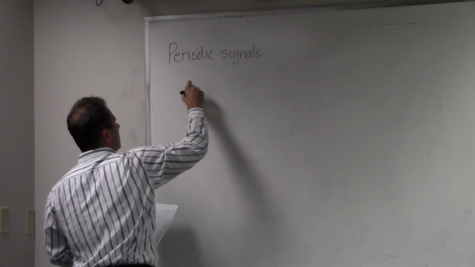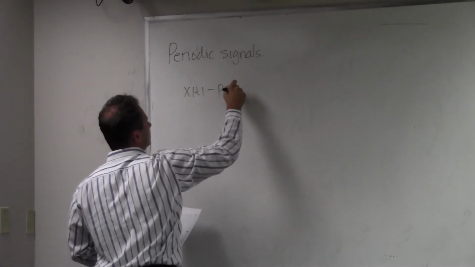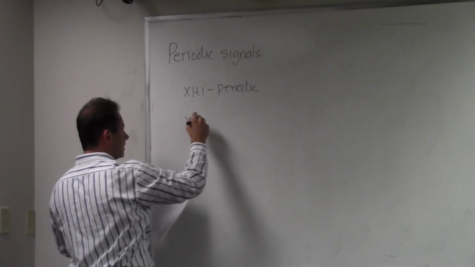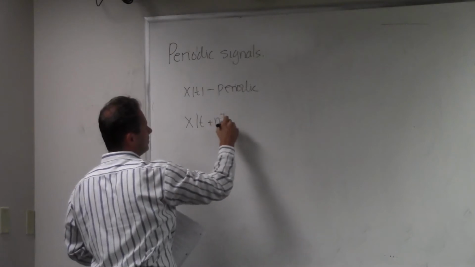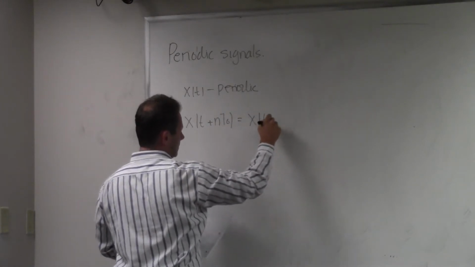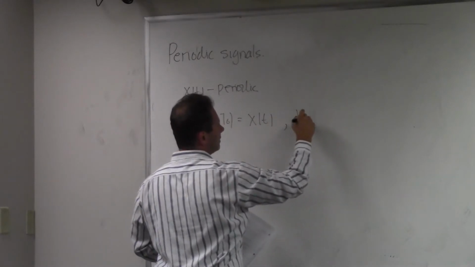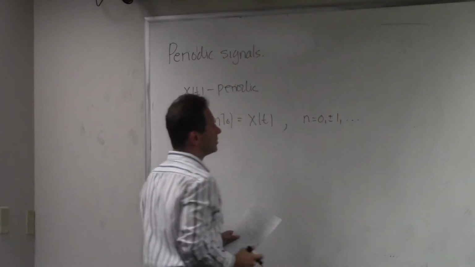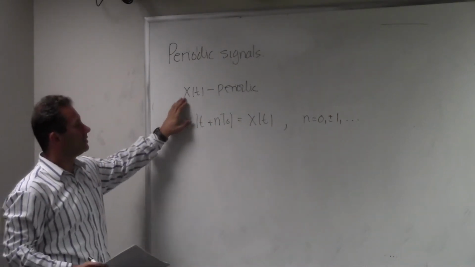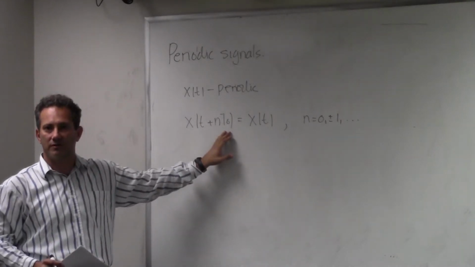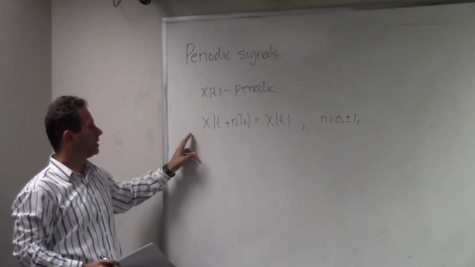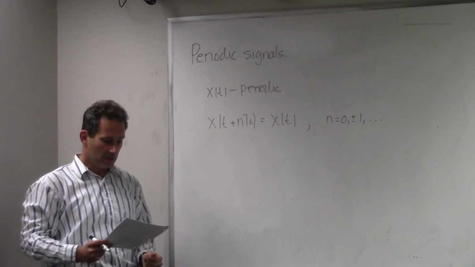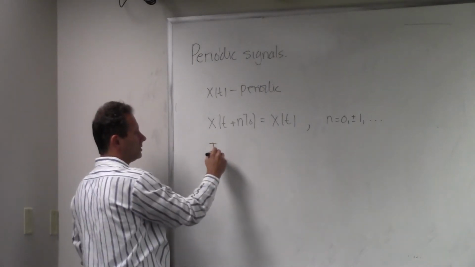If x of t is periodic, the formal definition is that x of t plus n t0 is equal to x of t for every n. It's not for every n, but for n equal 0, plus or minus 1, and so on. So n needs to be an integer. If x of t is periodic, I can identify a certain constant value that I call t0, for which x of t plus integer multiples of that constant t0 is the same as x of t. This t0 we call the period